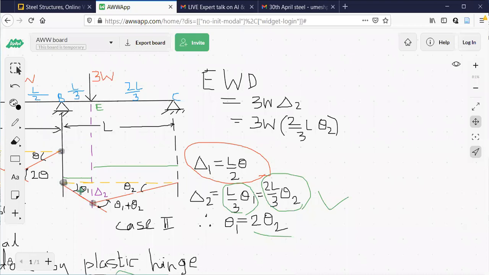One plastic hinge is here, MP into theta 1. Second plastic hinge is here, MP into theta 1 plus theta 2. If you want, you can write that, or you can directly go in terms of theta 2. But initially, as a beginner, you can do that. So work done by the, or internal work done, or work done by hinges, equal to,